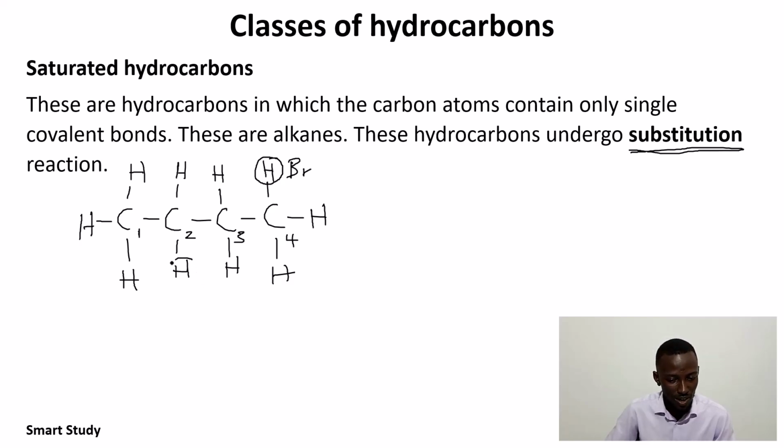You can remove this one and replace it with a chlorine. So this is just a substitution reaction, removing one of the atoms and replacing it with a different atom. These are halogens, so this substitution reaction is basically halogenation. Good. So what that also means is that immediately we replace this hydrogen with bromine or chlorine here, it's no